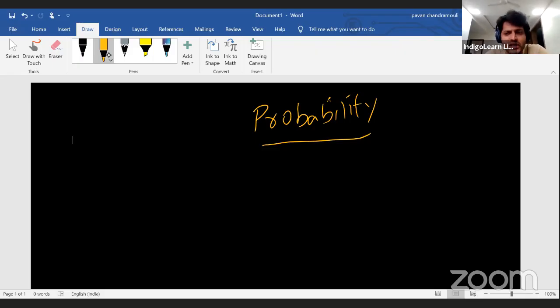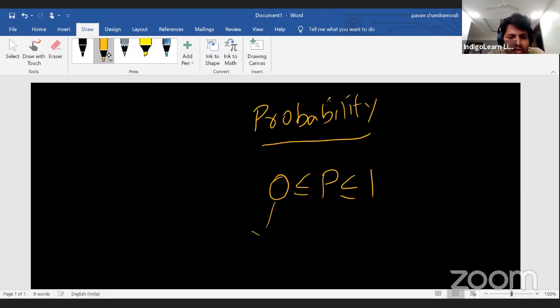So that's basically the difference. Probability P always lies between 0 and 1. You can see that I've used the words equal to as well as less than. So what does 0 represent? Probability 0 represents that the event will not happen. What does probability 1 mean? It is always going to happen. It's like an impossible event and a sure event. Probability 0 means it will never happen. Probability 1 means it will always happen, a sure event.